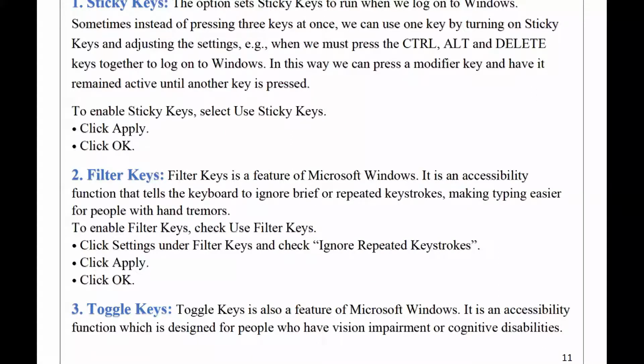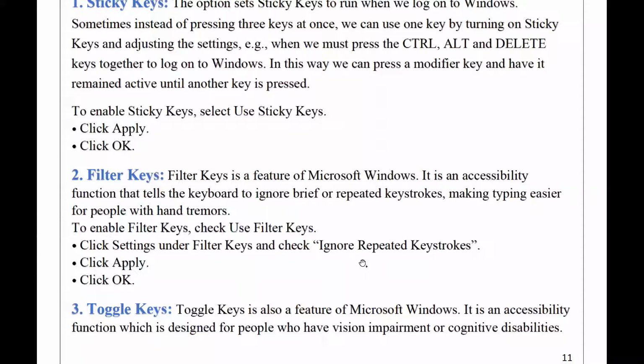To enable filter keys, check use filter keys. You can find it in the keyboard configuration. If you want to try this filter key and enable this option, you can find it in the keyboard settings, or in the control panel. Or if you are unable to find it, just type filter key into the search icon, and there you can access the filter key and enable it according to you.